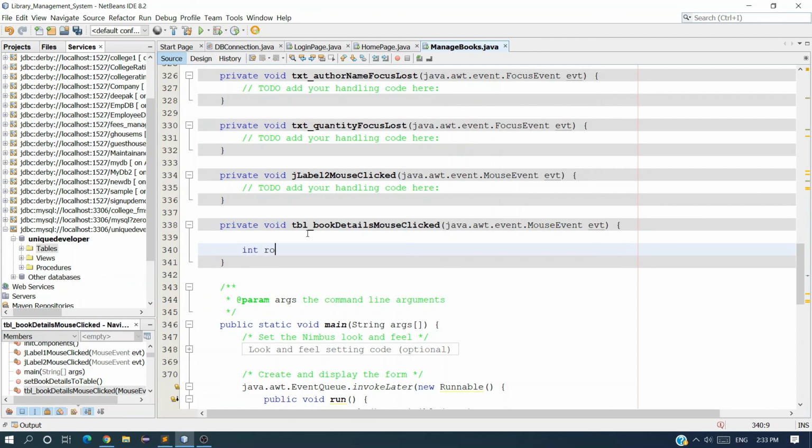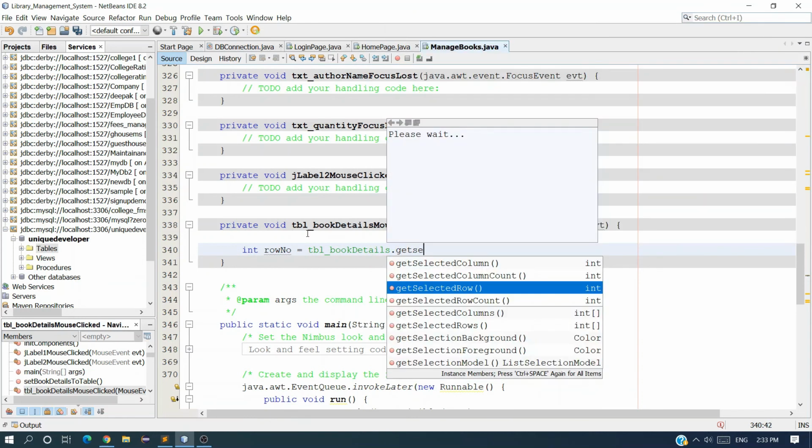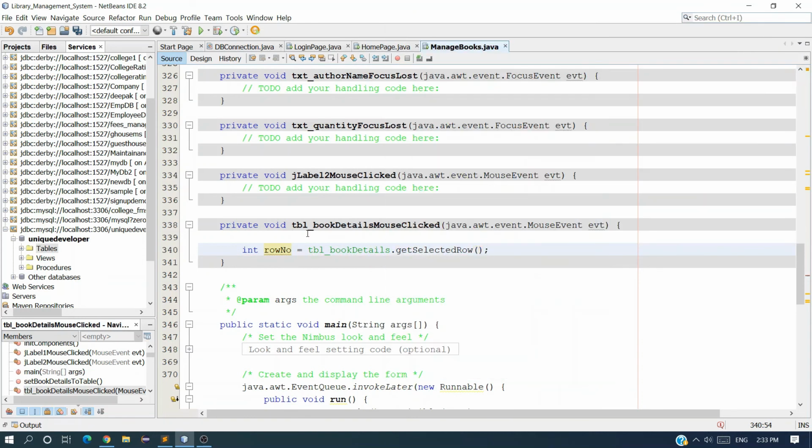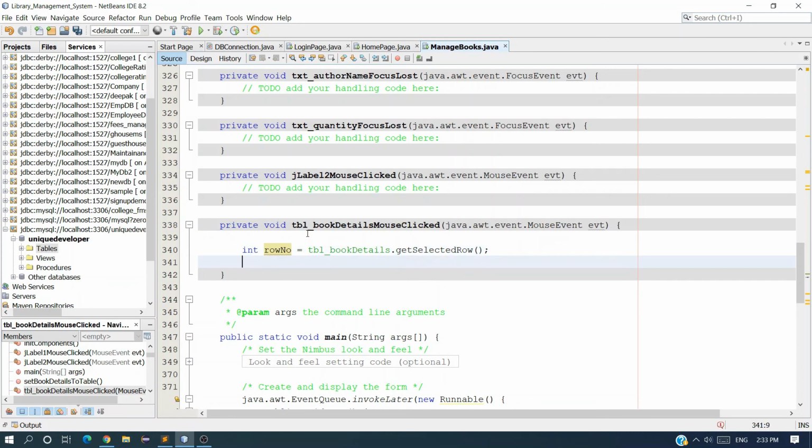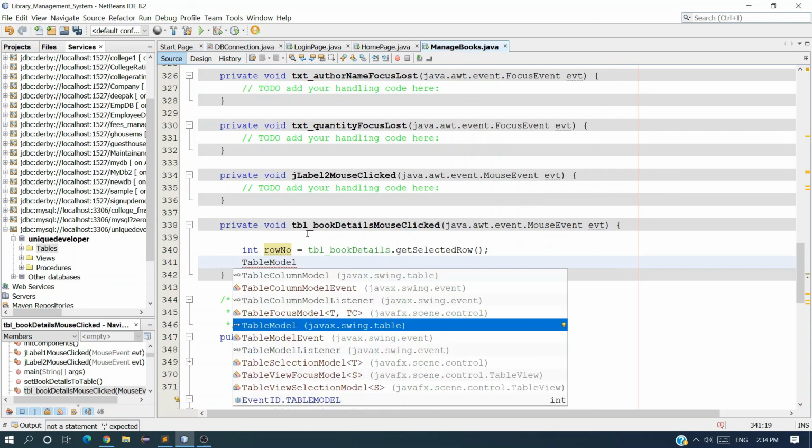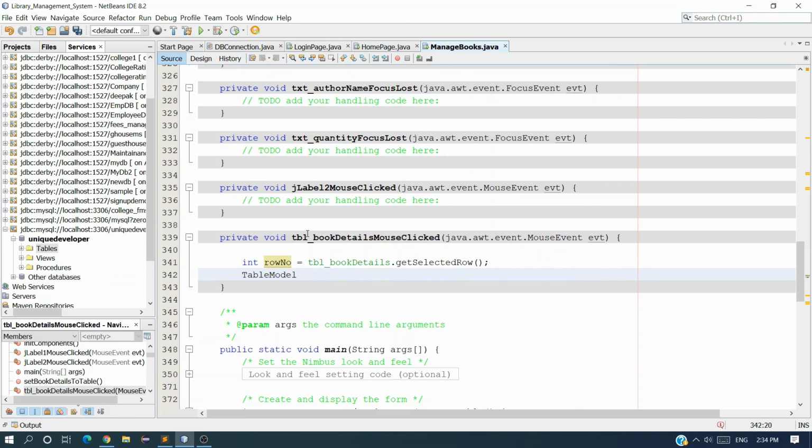So int row number is equal to tbl details dot get selected row. Okay, we got the selected row. Now I want to just create a table model, model is equal to tbl book details dot get model,